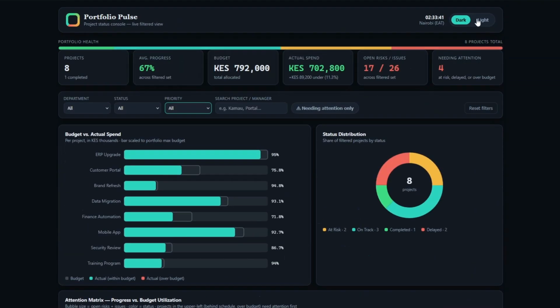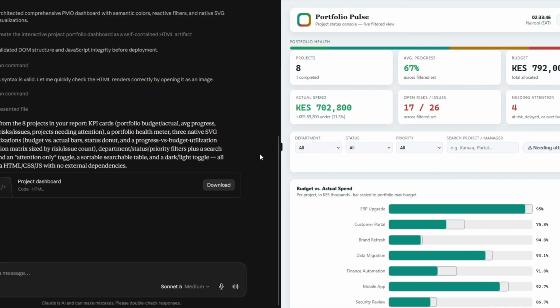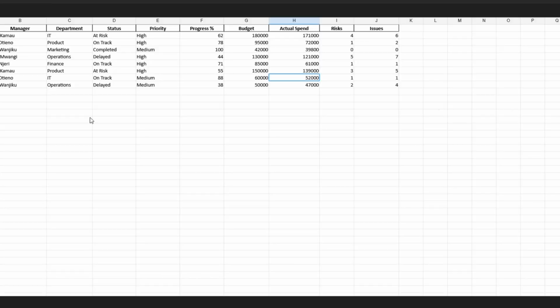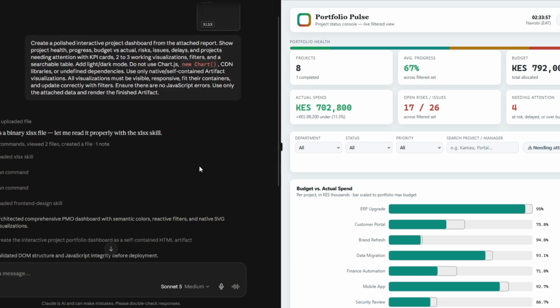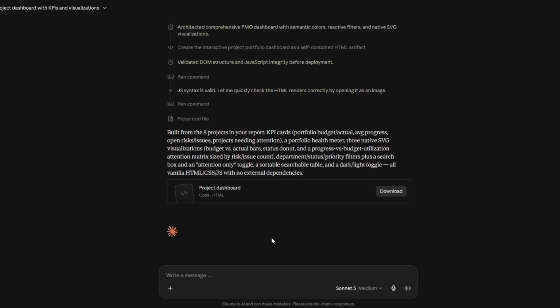So we successfully generated this interactive dashboard from the simple data that we gave it as a source in Claude right here. This is incredible. This is how you can turn a report, document, or article into an interactive web experience